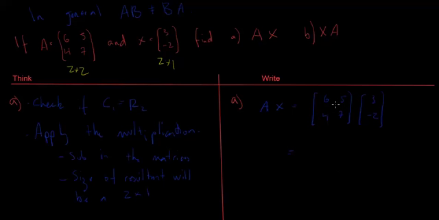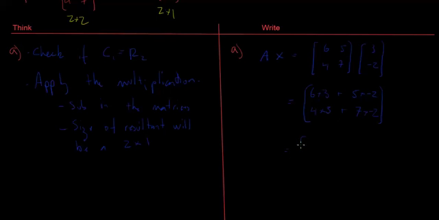So we say this row times this column, and then this row times this column. So we have 6 times 3 plus 5 times negative 2, and then 4 times 3, so this row times this column, and then adding that to 7 times negative 2, and then we want to simplify. So simplifying here,